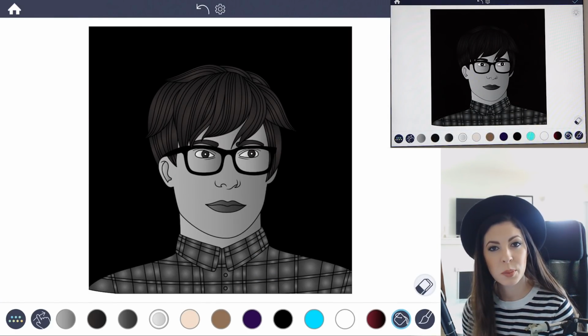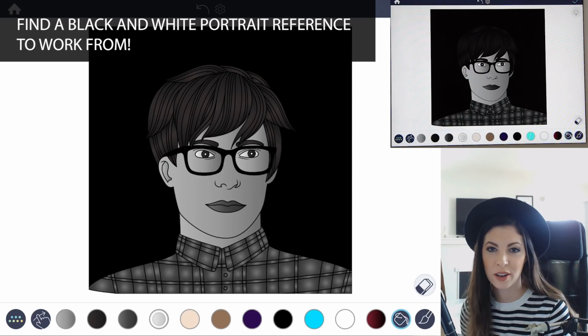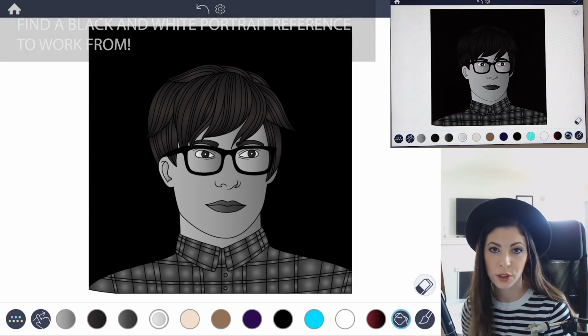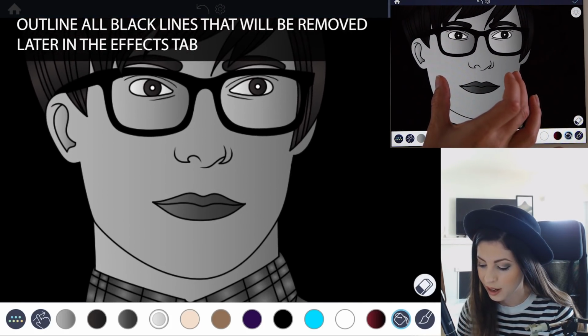Okay, so now at this point, we're going to switch over to manual mode. And now we need to start adding in all of the shadows and highlights. So I recommend using a reference for something like this. Try to find a black and white portrait of someone just to see how the shadows and the highlights will look on someone's face. So the first thing we want to do is just start drawing in those black lines